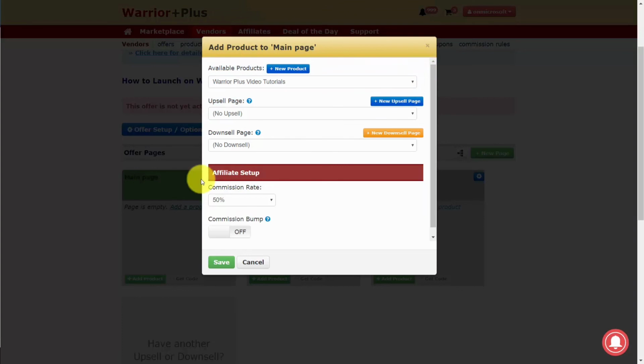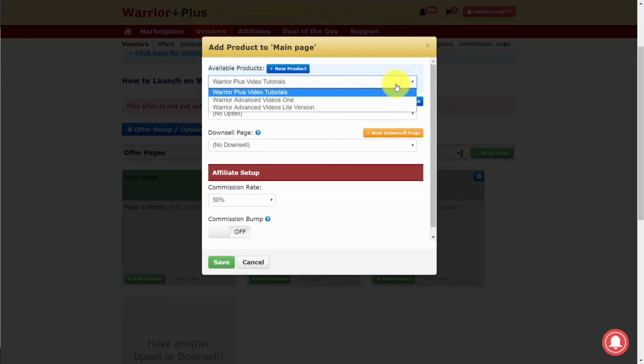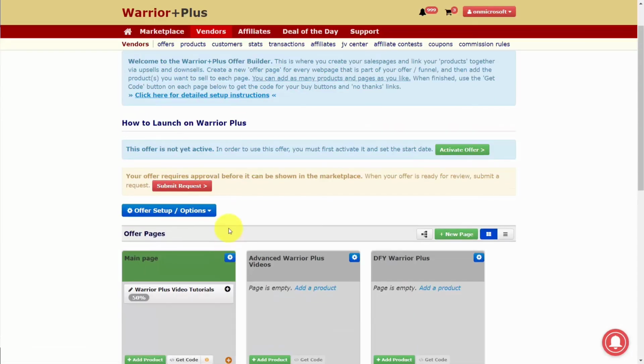And then we're going to get a dialog box allowing us to add in certain products. We'll get to the drop-down menu. And then we're going to add in the Warrior Plus video tutorials, and then we're going to click Save. Before we do that, we're going to make sure that our commission rate is correct, and then we'll click Save. Now you'll notice 2 things have changed. One is that you'll now have a dialog box in the message stating that this offer needs to be submitted to be reviewed before it can show up in the marketplace. So we'll need to click this link